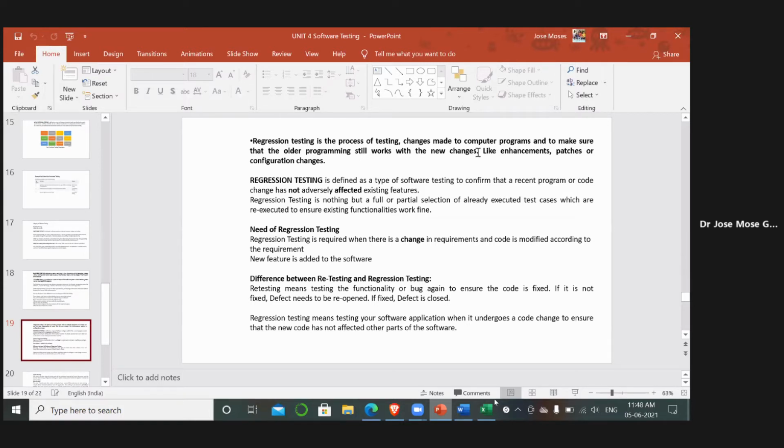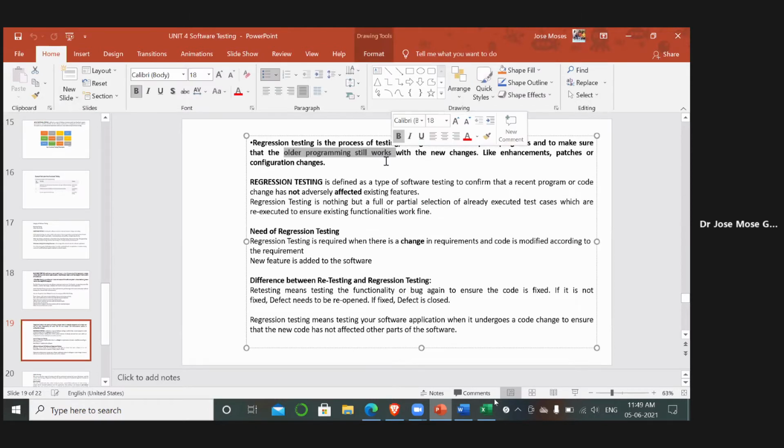For suppose, taking the example of a mailbox system, there is some error in the trash module. But the remaining inbox, compose, and sent mail do not have any errors. You are just changing a particular component. So the other programs should work as they are, but the new modification should be changed. If you are performing such type of testing, it is called regression testing.